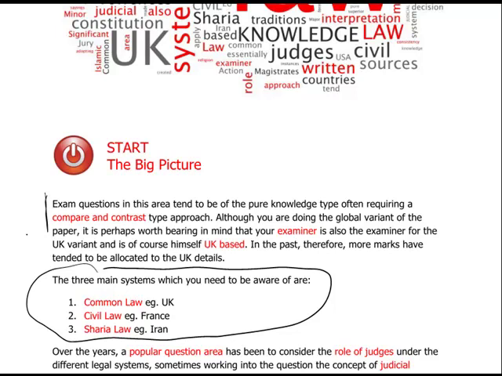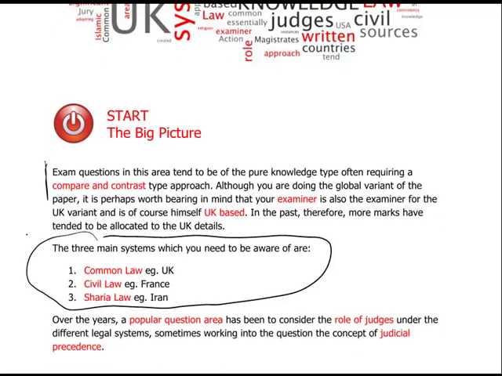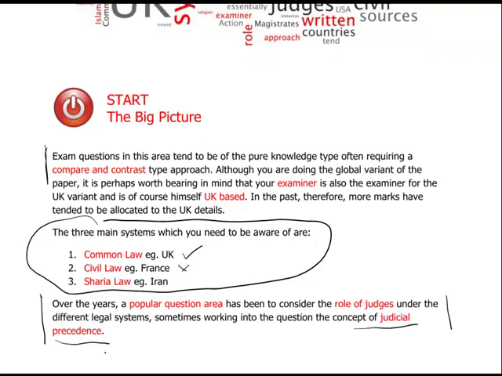Civil law, however, enshrines law in the country and judges have to follow it, but we'll talk about that later in this chapter. Another question that's very common in this area is the role of judges. Judges have a much bigger role in common law than they do in civil law, and it's something called the concept of judicial precedent. In other words, once a judge has interpreted a decision, if they are in a higher court, then all lower courts must follow that decision, whether they like it or not. That's the way it goes in the common law system.